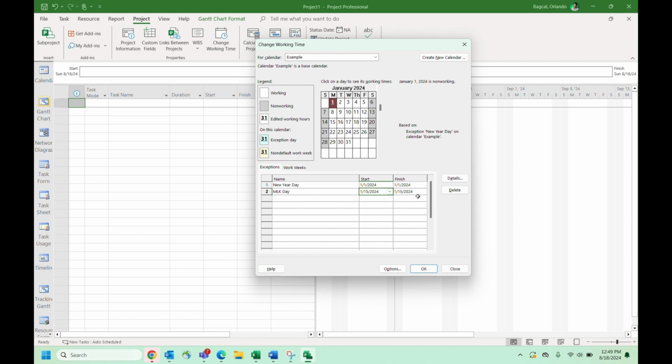Okay, January the 15th. Following that is Memorial Day, which is the last Monday of the month of May. So what to do is just find May, the last Monday of the month of May. Following Memorial Day is the